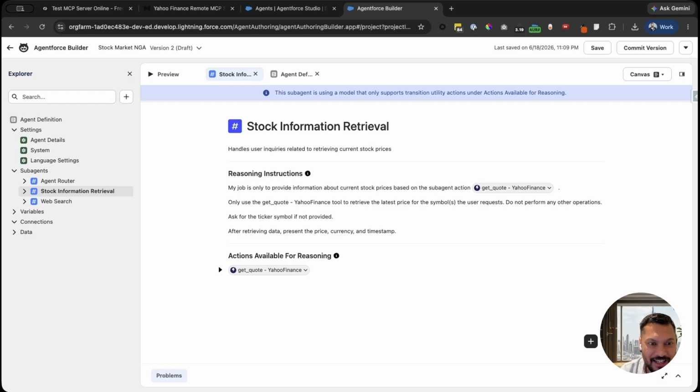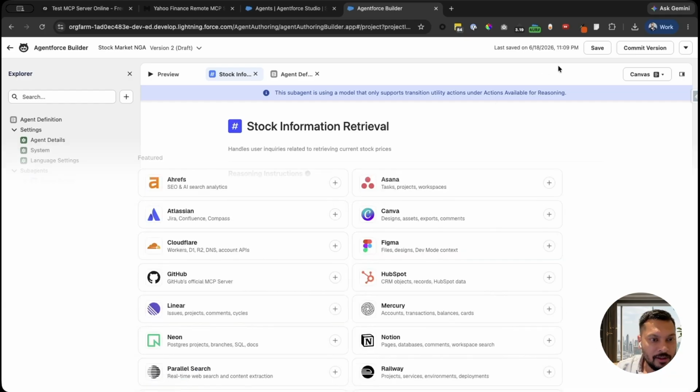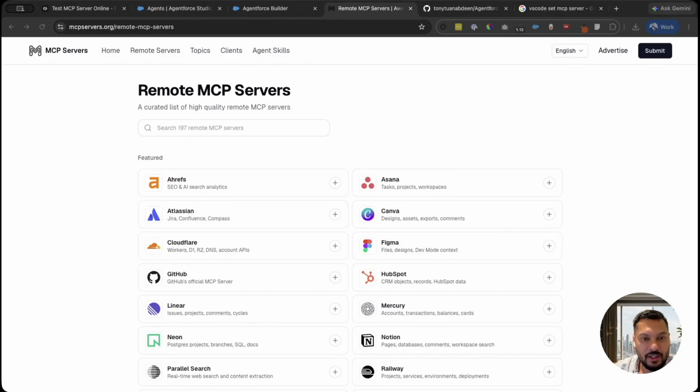And that's it. Adding an MCP-powered capability to an Agentforce sub-agent is surprisingly simple. You can also leverage the verified third-party MCP servers available through AppExchange. And if you need to expose existing APIs, legacy systems, or databases through MCP, you can leverage MuleSoft's Agent Fabric, which provides a powerful way to wrap those assets into MCP-compatible endpoints so that Agentforce can consume them just like any other MCP servers. For the final demo, let's connect VS Code to the GitHub MCP server as I promised